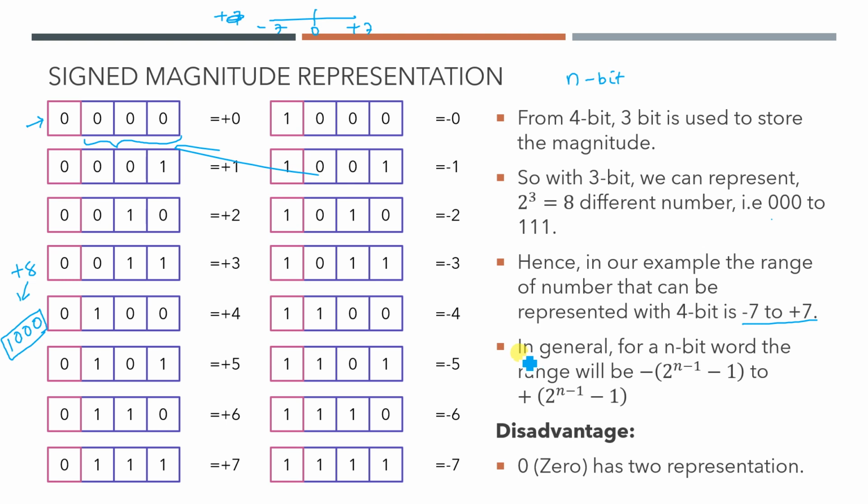Okay, so the disadvantage over here is that you can see there is a number representation for plus 0 as well as minus 0. But in general, there is no concept called plus 0 and minus 0. 0 is 0, so that cannot be minus 0 or plus 0. But for sign magnitude representation, there are two representations for 0: plus 0 is 0 0 0 0, but minus 0 is 1 0 0 0, which is not actually used in our day-to-day life. That's why this is the disadvantage of the sign magnitude representation.